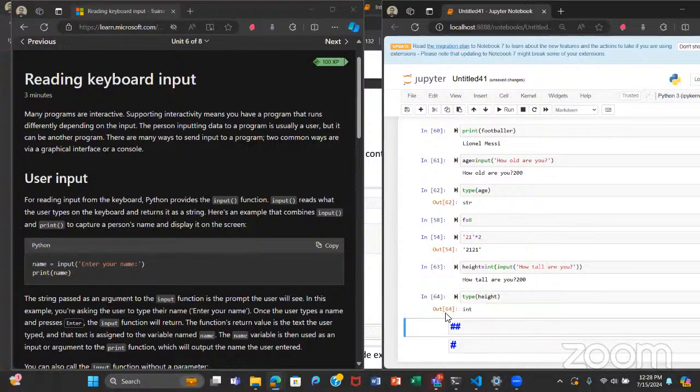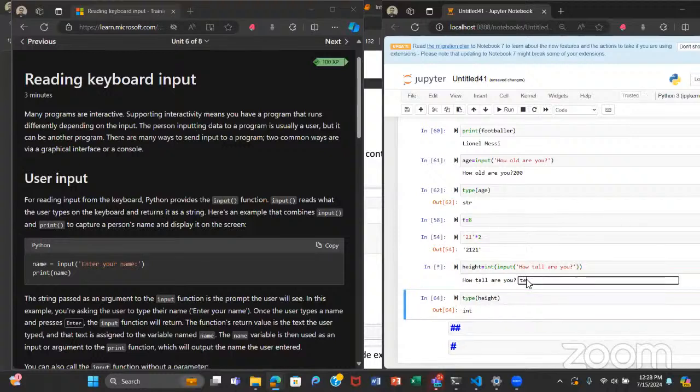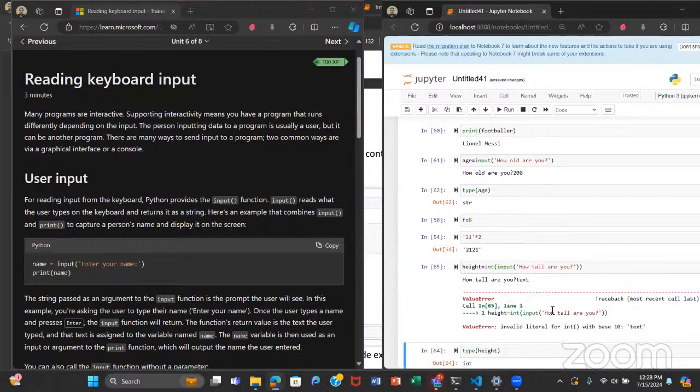You will see that it's an integer. So this is how we can get data in the specific form that we want. Now, we have said that we're expecting an int. What if someone writes a text? There will be an error specifying that we only want integers. It collects data in the form of integers because that's what we want.